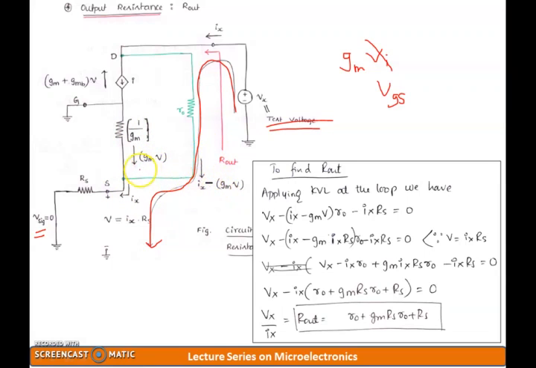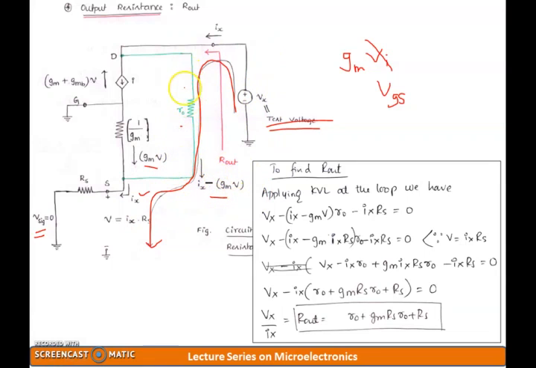Again, if I apply the KCL, current entering the node must be equal to current exiting the node. If I do the summation of this and this, I am going to get the Ix current. Hence, all the current values I am taking are correct. So now I will apply Kirchhoff's voltage law through this loop. Simple again, Vx minus Ix minus GM into V multiplied by R0.